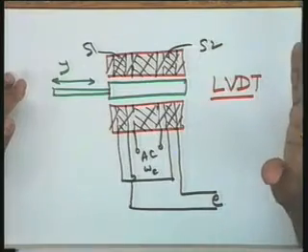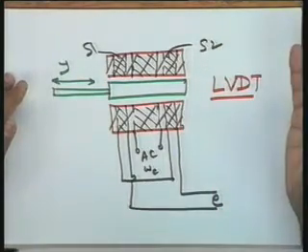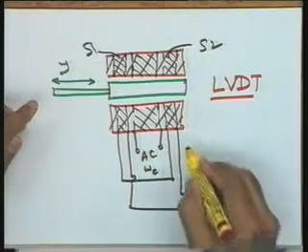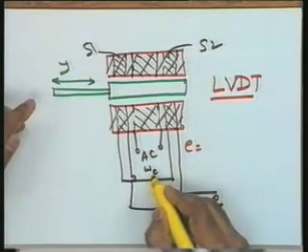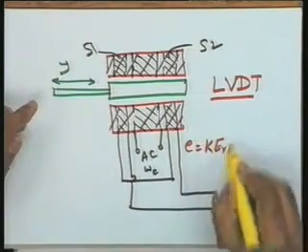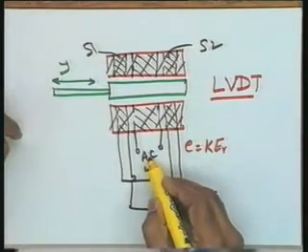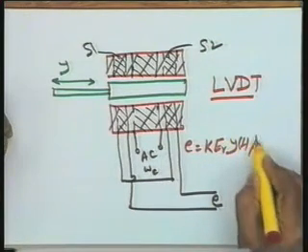The synchro device, which we considered earlier, gives you a signal proportional to the angular motion. So what is E in this particular case? Please see, E will be given by: omega c is the carrier frequency, some constant k, Er let us say is the voltage applied to the primary winding, into y(t) sin omega ct.